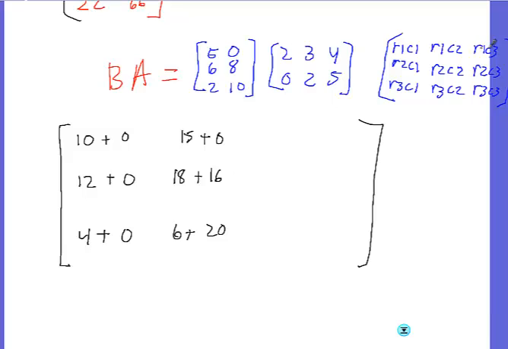The last column. Row 1, column 3. 5 and 0 times 4 and 5. 5 times 4 is 20. 0 times 5 is 0. Row 2, column 3. 6 and 8 times 4 and 5. 6 times 4 is 24. 8 times 5 is 40. Row 3, column 3. 2 and 10 times 4 and 5. 2 times 4 is 8. 10 times 5 is 50. Which gives us a grand total of